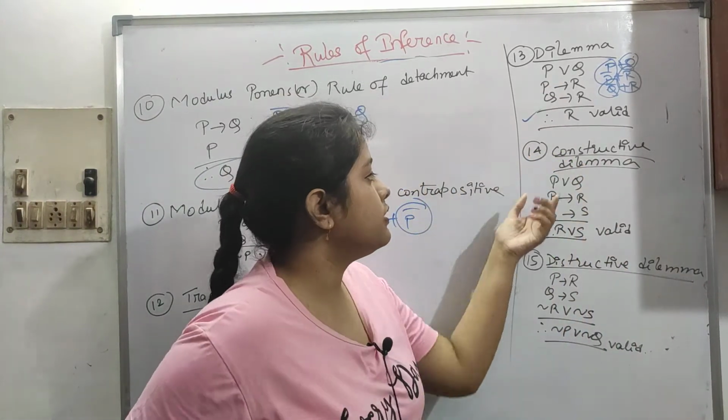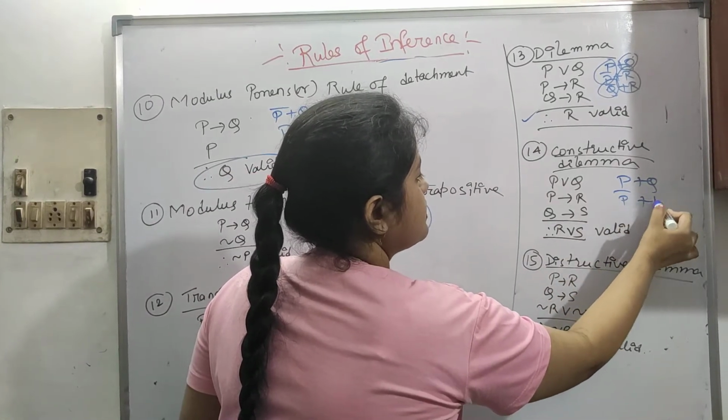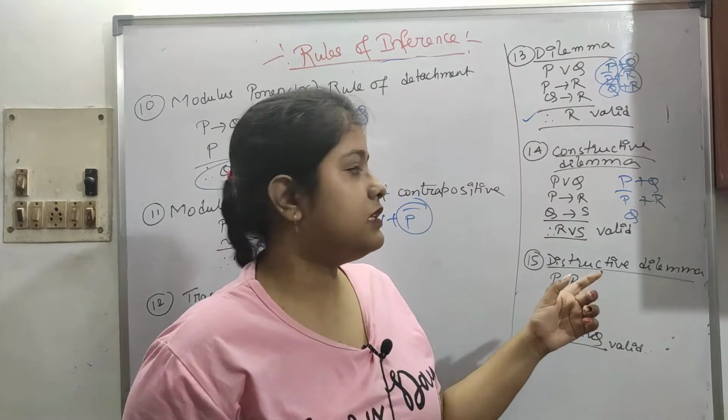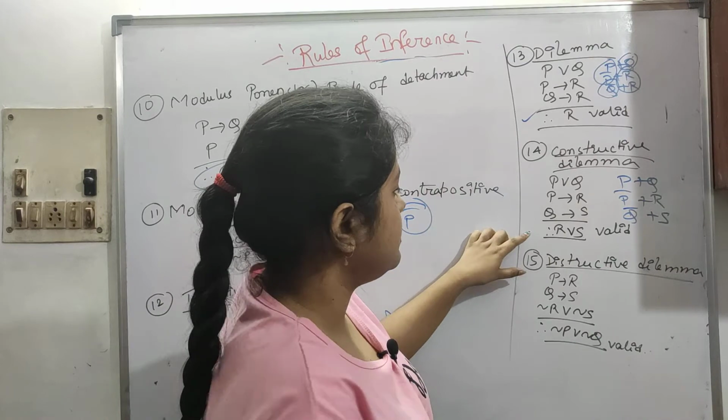Then next is 14, constructive dilemma. This is P plus Q, then P bar plus R, then Q arrow S, meaning Q bar plus S. So see R plus